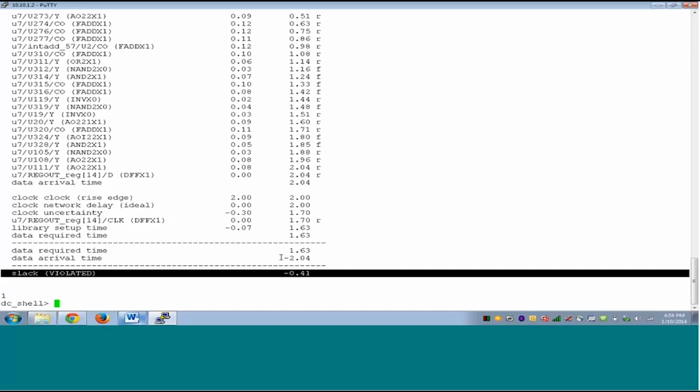Why did DC not optimize this path? We know that DC can optimize, because we have seen in the earlier example that without applying input output delays, DC was able to achieve a zero slack. But in this case it is not so. Why? Now the problem is that